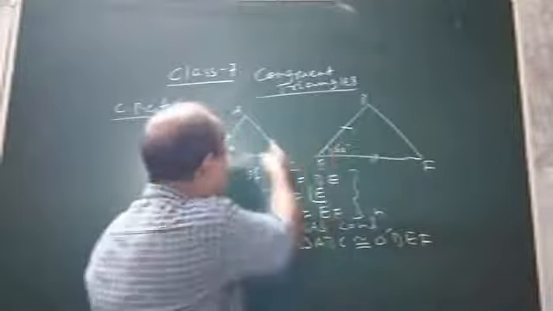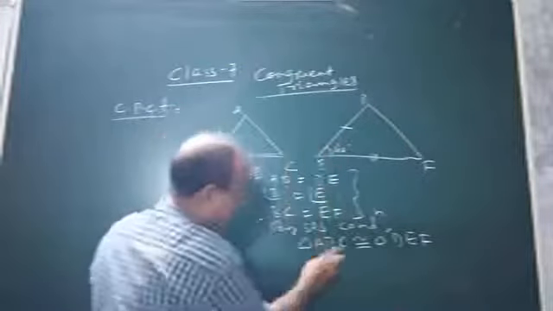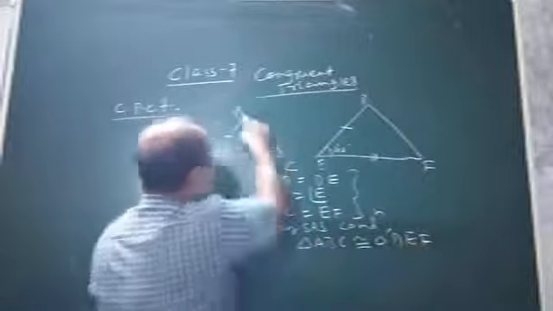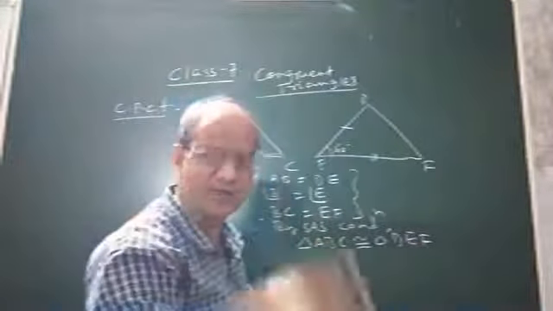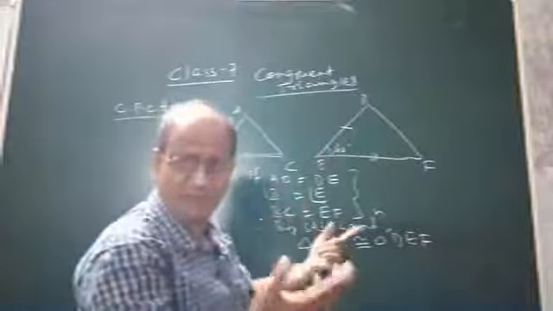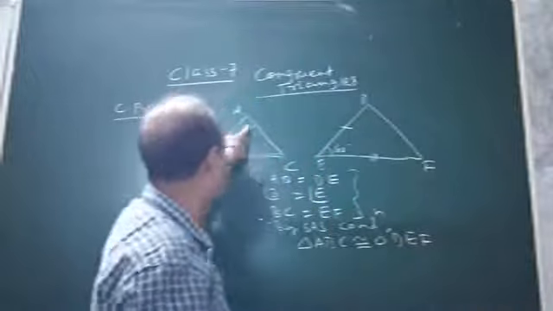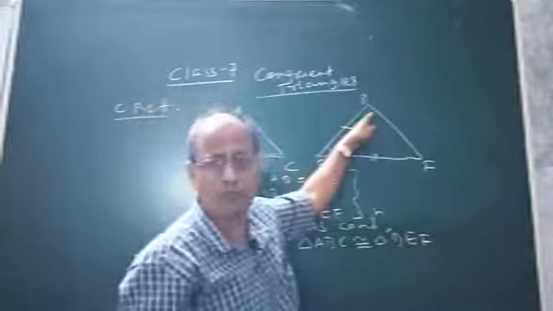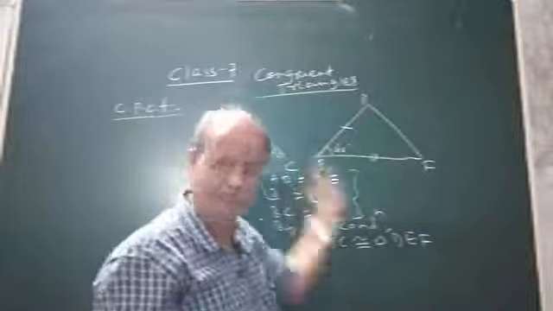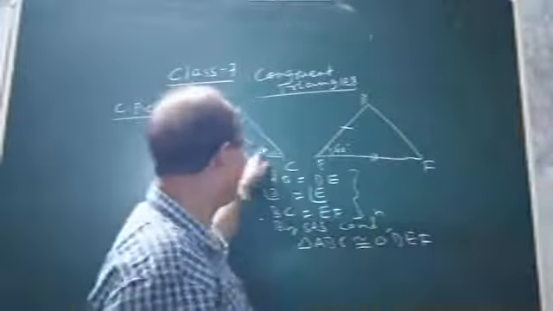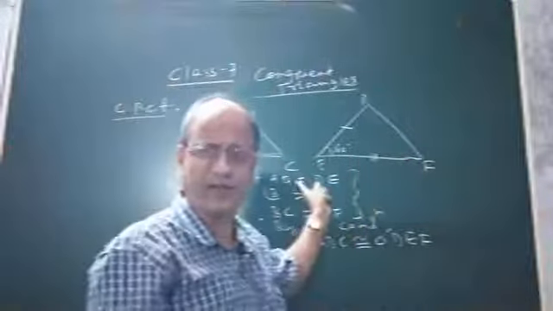So which are they? Clearly AC and DF. As triangle ABC is congruent to triangle DEF, AC and DF form another pair of corresponding sides. That means this pair of corresponding sides, AC and DF, is left. Similarly, look at angle A and angle D. They also form one pair of corresponding angles because the two triangles have already been proved congruent. Similarly, angle C and angle F also form another pair of corresponding angles.